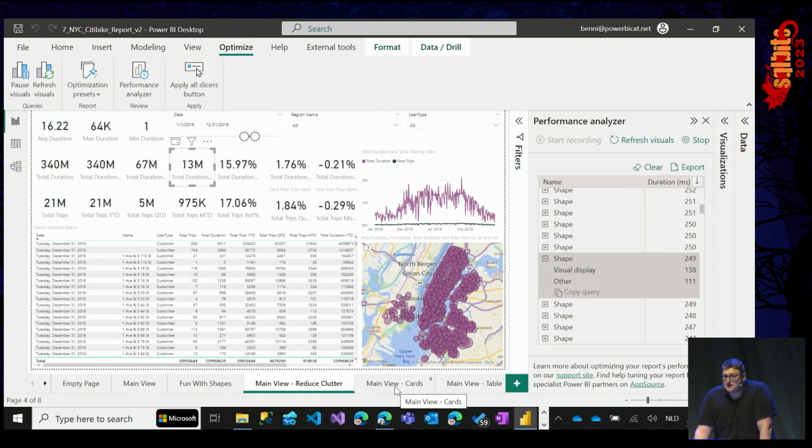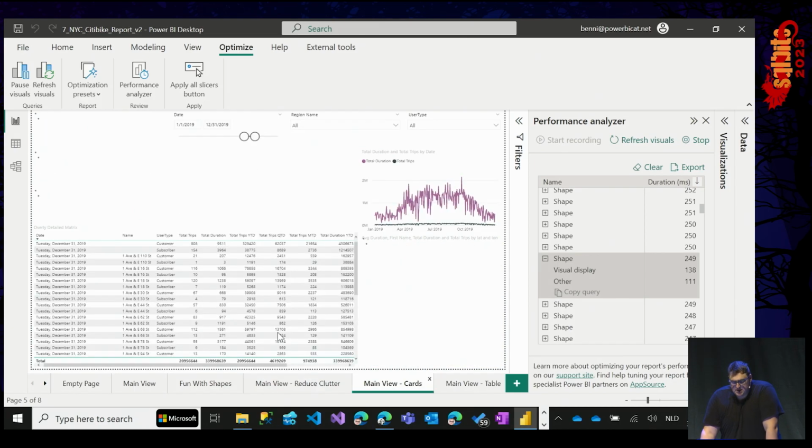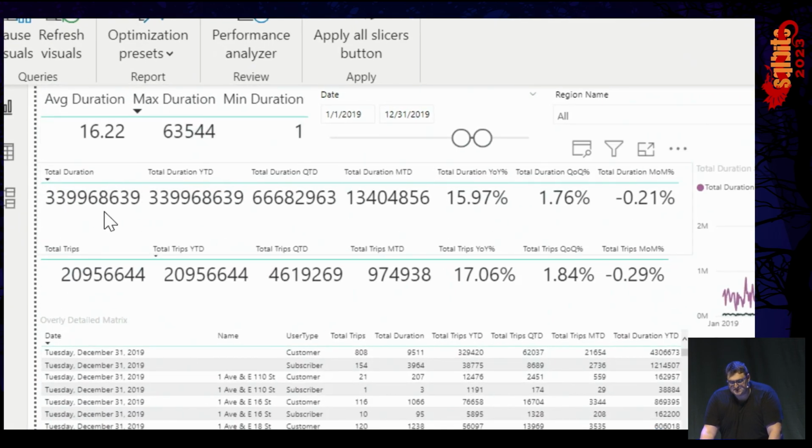Well, that's why I said there's multiple opinions. One of the things you could do is make them into a table and play around with the formatting a bit. I haven't gone all the way in making it exactly like a card visual, but it does reduce the number of queries that you have. This is where you'll need to have a debate with your end users. What's acceptable for them on a design purpose, and how far are you willing to go? Purely for getting the rendering time down, this is another significant step. But then,